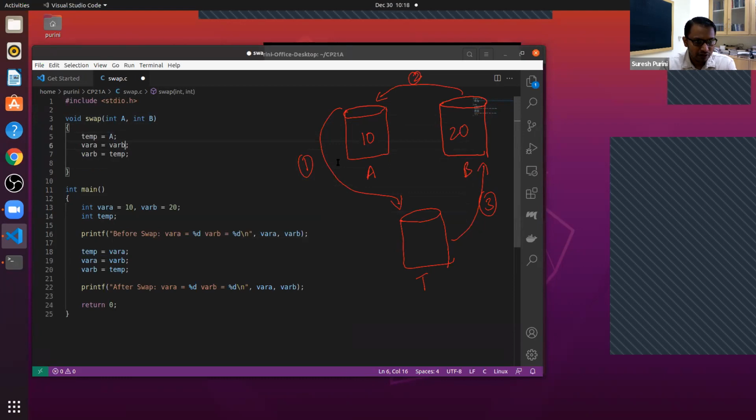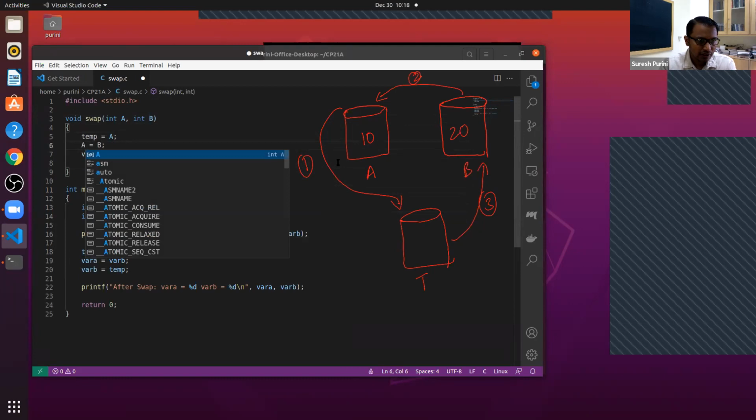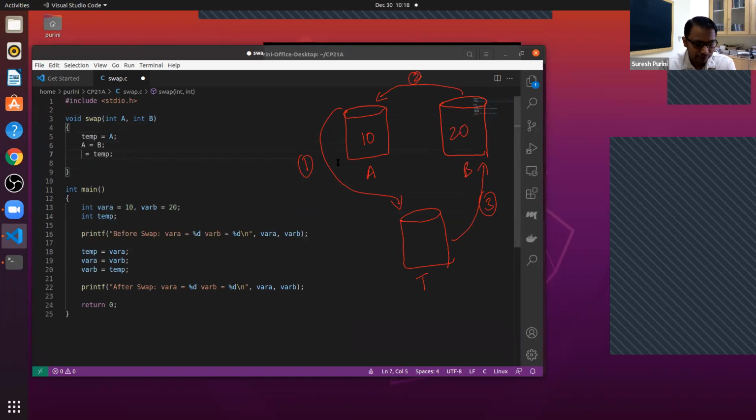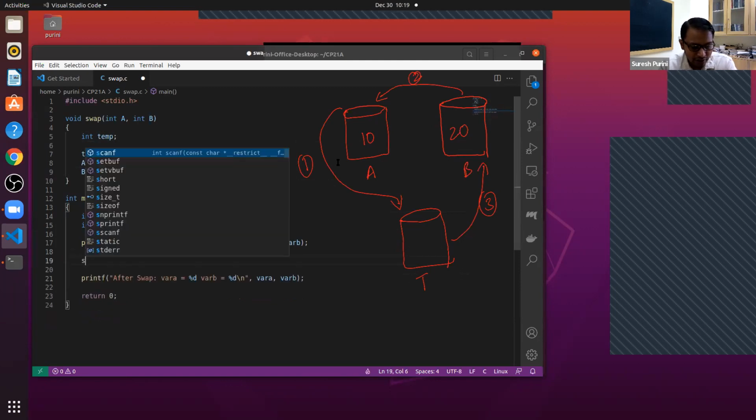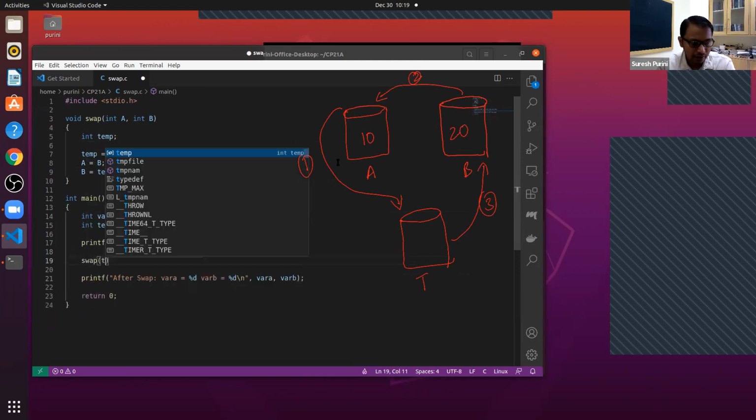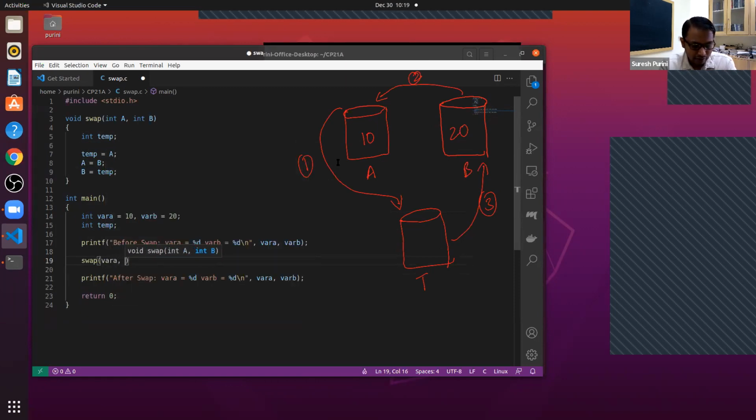What is going to happen? Let's do this. Now I want to swap, so I call the swap function, swap var a, var b. What is going to happen?